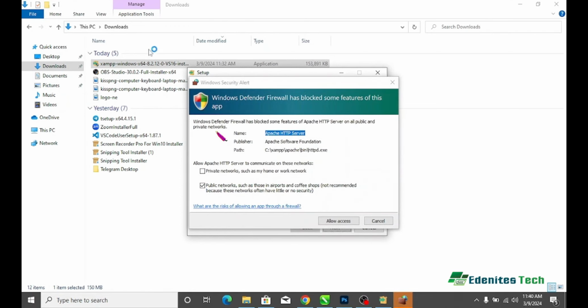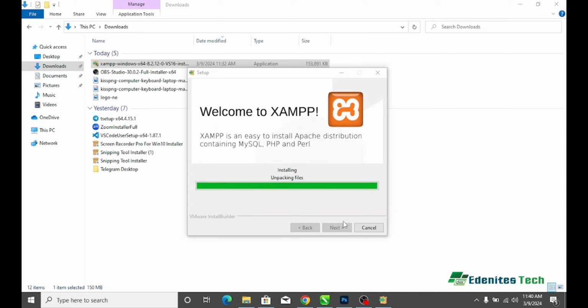Okay, wow. So the next thing you need to do is allow access. It tells you to allow access for Apache. So I will give a brief explanation. Apache is what allows you to run your local